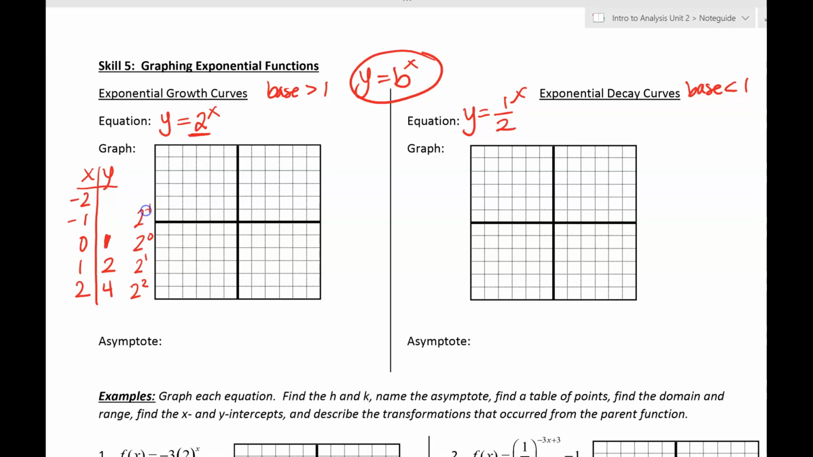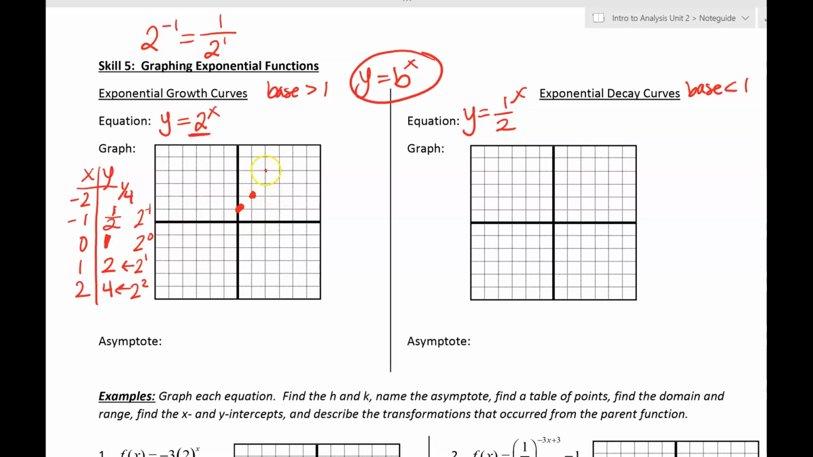And then 2 to the -1, a reminder of how these work. 2 to the -1 power is the reciprocal, or 1 over 2 to the first power. So you already have 2 to the first power on here, it's 2. So if you made that a -1 power, you'd get the reciprocal of that, 1/2. And same for -2, you already have 2 to the second power is 4. So 2 to the -2 power would be 1/4. So when you plot these points on here,